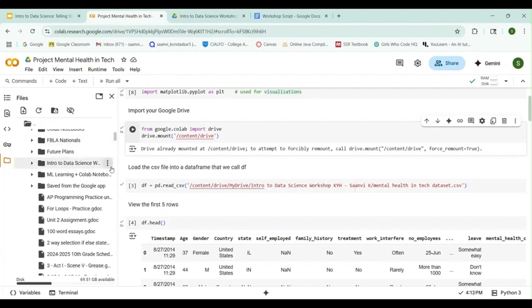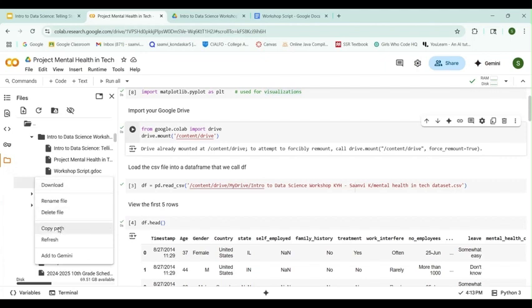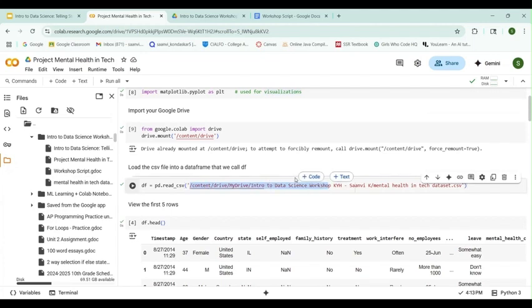Then you're going to search through and find the folder that your file is in, or if it's not in a folder, you can just search for the name. And then here is my data set. So I'm going to click on these three dots, and then I'm going to copy the path, and paste it in between these parentheses, and be sure not to forget the single quotes.